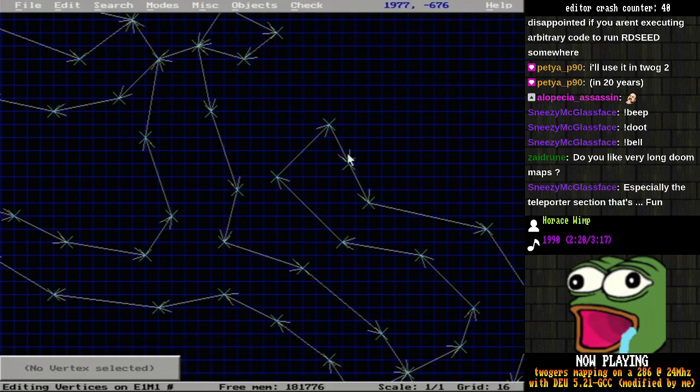Especially the teleport section. Exactly. Look, I know